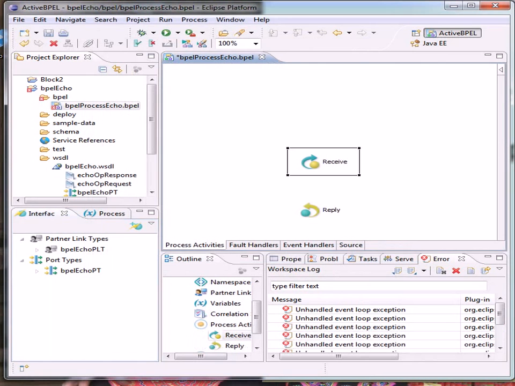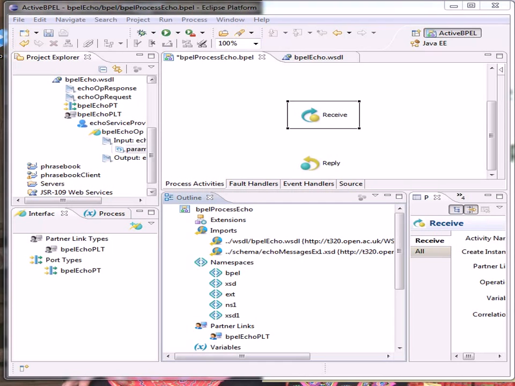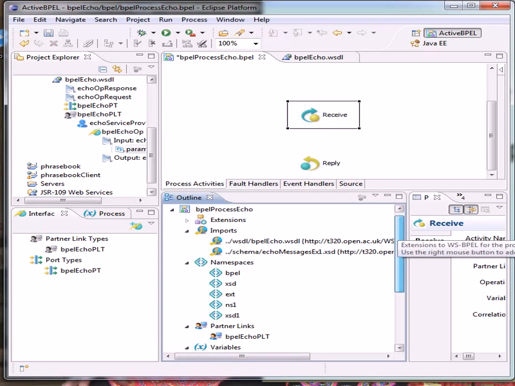And finish. And now these icons are indicating what we have set up on the main screen. Now that we've got the receive and reply set up,